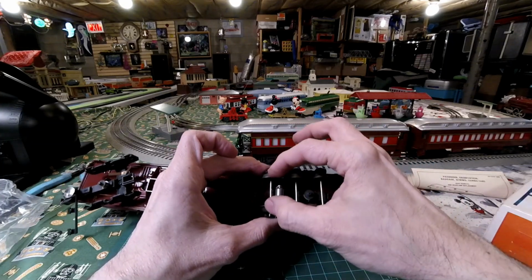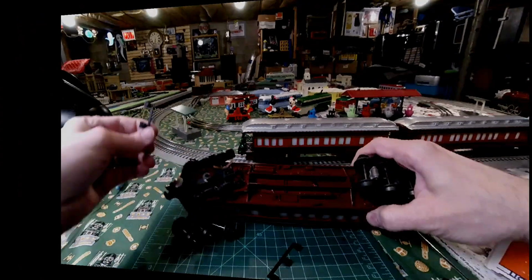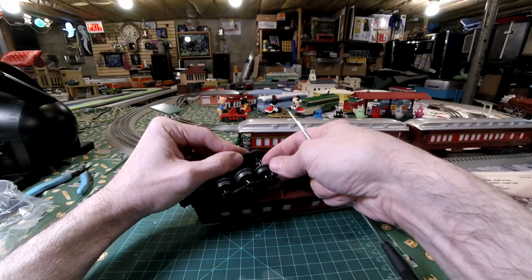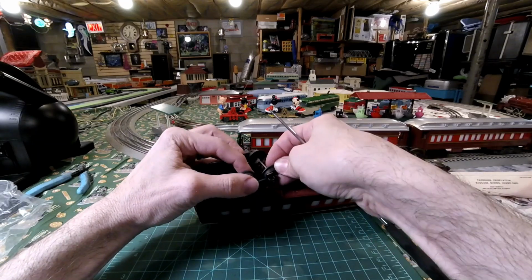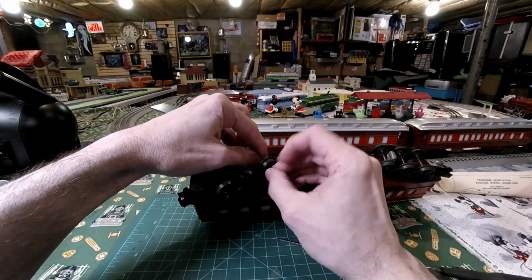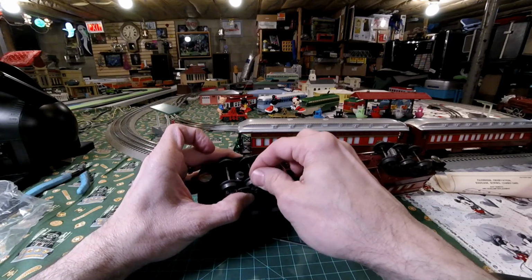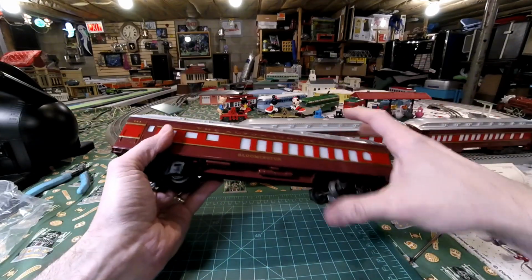It's interesting, this one has hardly any up and down movement, and this one's got a little bit, and this one's got the most. Strange. Little thing locked in already. Okay, that is good. Damn, the middle one's got the most amount of play in it. Interesting. Alright, that was sort of a waste, but